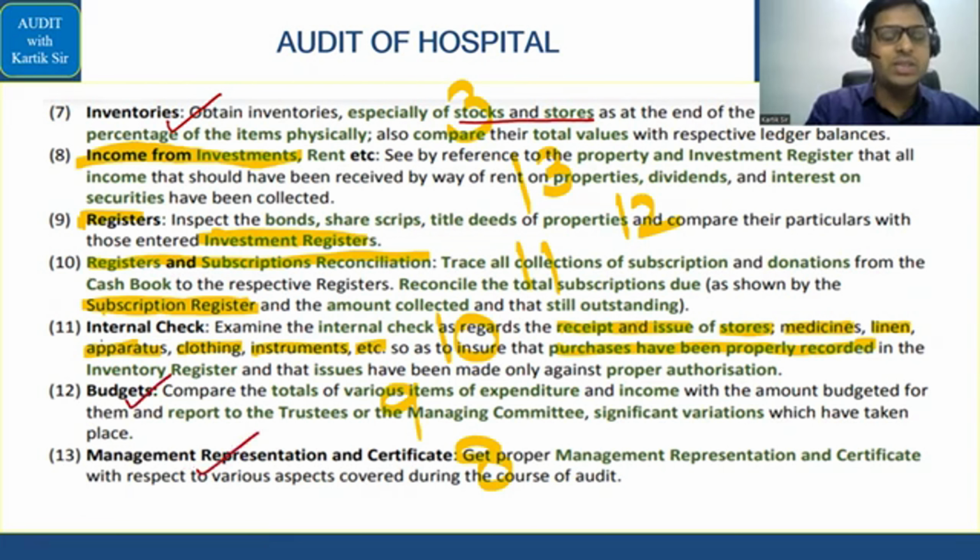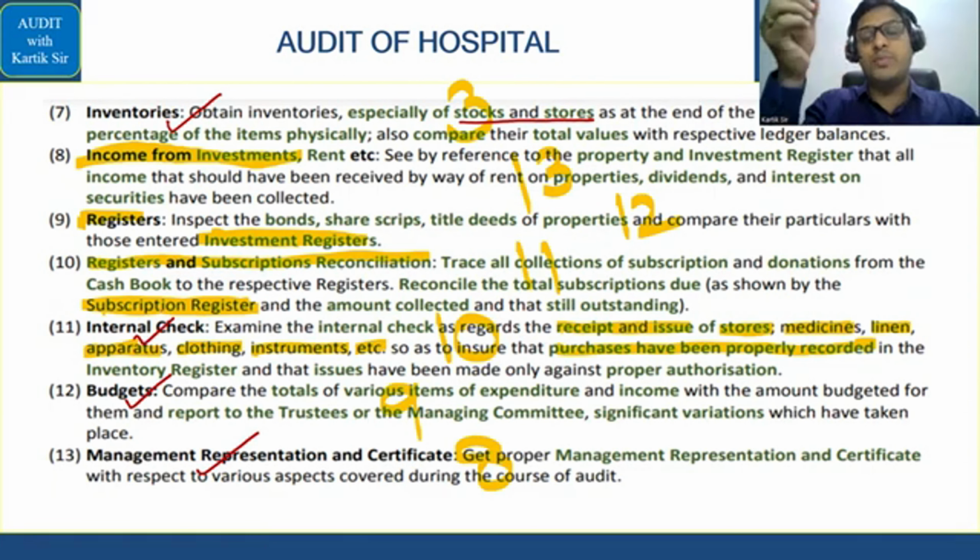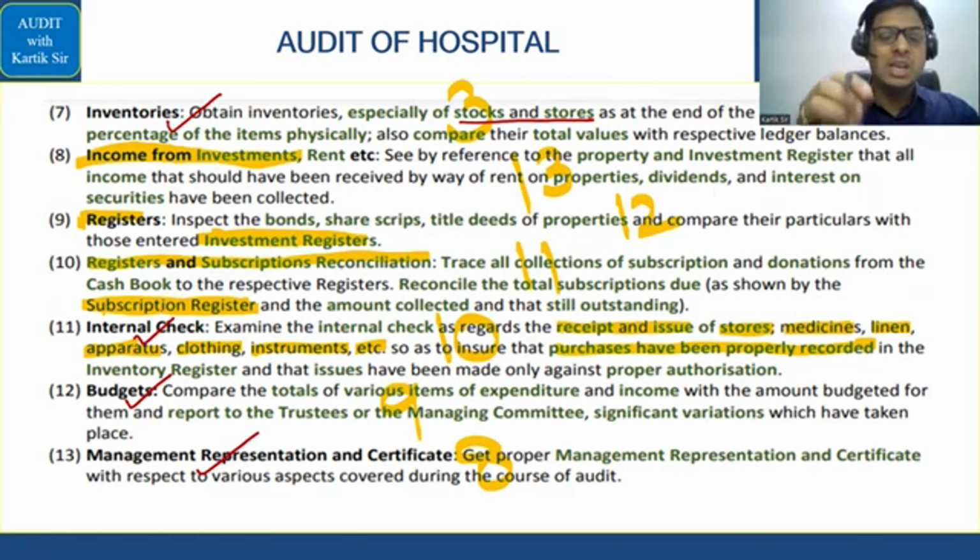We come up with the budgets, we keep all the internal procedures, that is internal checks in place, and after that we maintain two registers. One is called subscription register, one is called investment register. Because we are assuming that the hospital has done some investment, the hospital will also check the income from investments. So like that we have done the points in a flow. Clear एकदम here? ठीक है? That is what we have done in this part. That is in relation to your audit of hospitals.